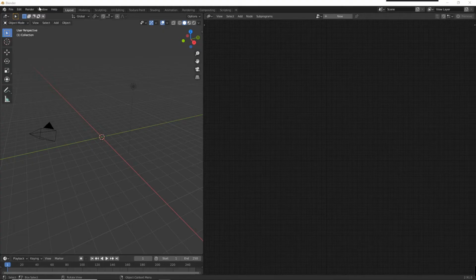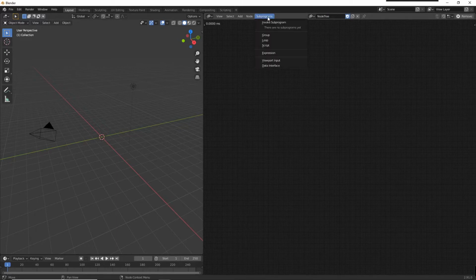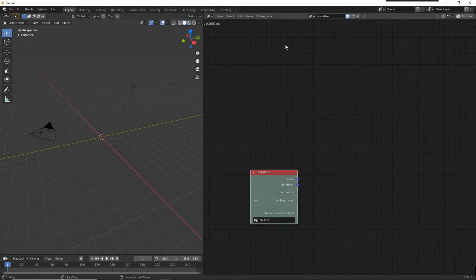Let's start with our example creating a loop using the default iterator. Here I prepared a Blender project with a 3D viewport on the left and an animation nodes editor on the right. To start, I have to create a node tree first. Just click on the little plus symbol up here. Now I add the loop node, which represents the loop definition, and let's add the invoke loop node, which represents the loop execution. It also provides an interface to manage the data in and output, as we'll see later on.